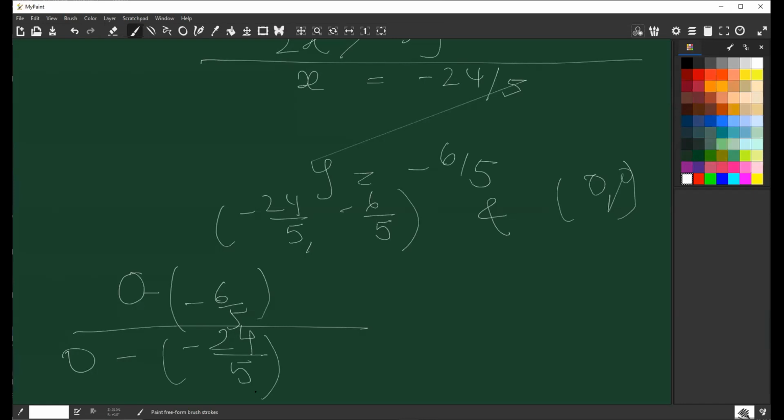No, sorry, beta. I'm so happy that you realized that slope is y2 minus y1 upon x2 minus x1, x is minus 24/5. Okay, is there anyone whose point itself did not come? Did everybody get the point correct? Is the point right? Everybody got the right point, no? Minus 24/5 comma minus 6/5. Very good.